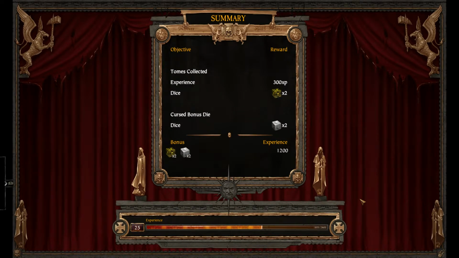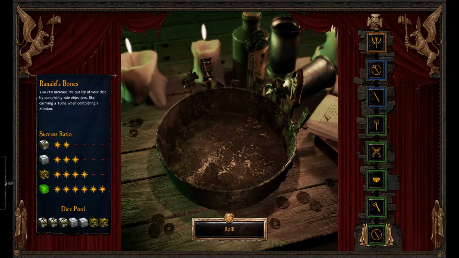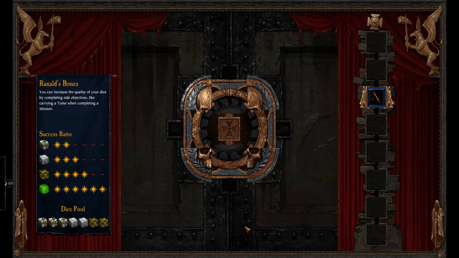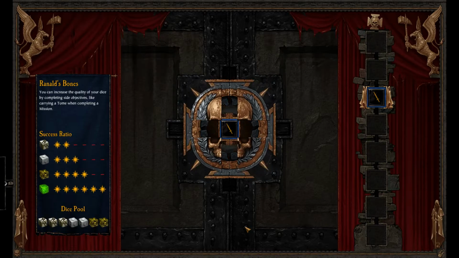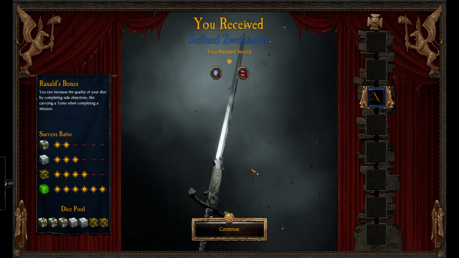And now we can experience, and we also roll for loot that you get and can equip. So it's all up to chance, and I have pretty bad luck, but I still managed to get a blue, which looks pretty cool. The Solent Svianda, which is for